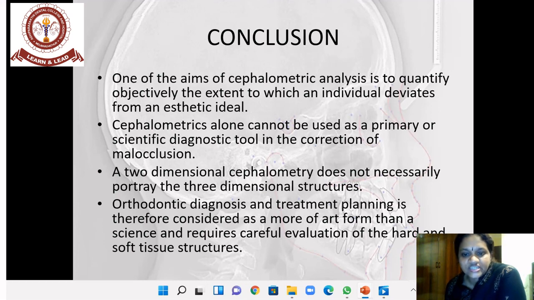So the patient's concern has to be taken into account, along with all your diagnostic aids of photographs, diagnostic casts, cephalometric analysis and three-dimensional CBCT wherever needed. Then you have to formulate treatment options for the particular individual, and the patient's compliance and acceptance of the treatment is a must to arrive at a successful